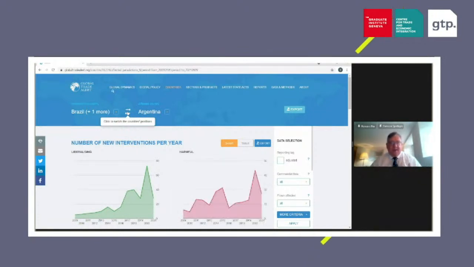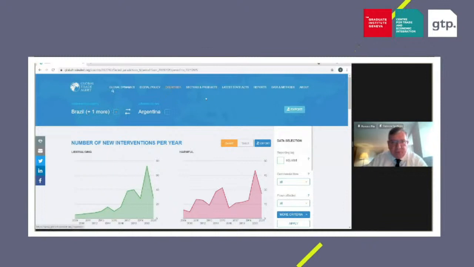And so in this way, bilateral and multilateral comparisons are possible on the countries page as well. This type of information, I think, could be particularly useful for officials who are interested in knowing what another country's commercial policies are doing to its commercial interests. Journalists might be interested in this type of comparison as well. And of course, there are many analysts who are interested in bilateral trade flows as well.